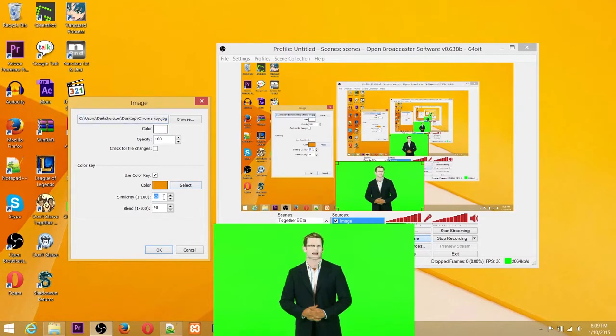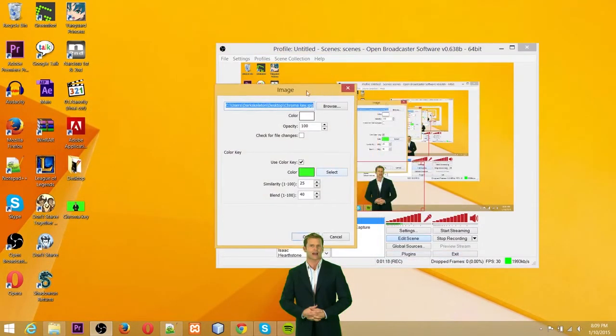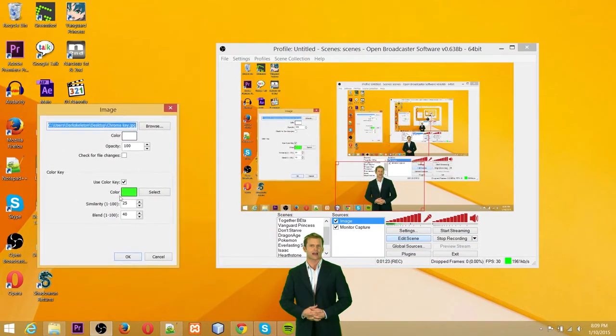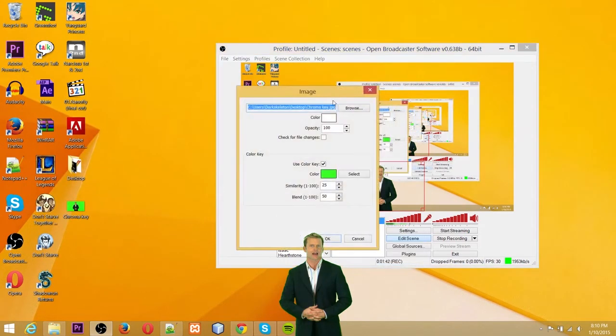And the higher your similarity is, the larger that range is actually going to be for what it accepts in your chroma key. So you would just go ahead and hit the select button, then choose the color or left click on the color that you want to select. Go ahead, hit OK, but most likely you're going to have to play with the settings. Increasing the similarity, as I just mentioned, will increase the range of colors that it will filter out, and increasing the blend will help work with the edges around the character or the actor and remove some of the little